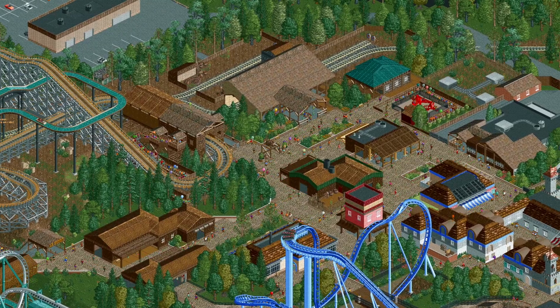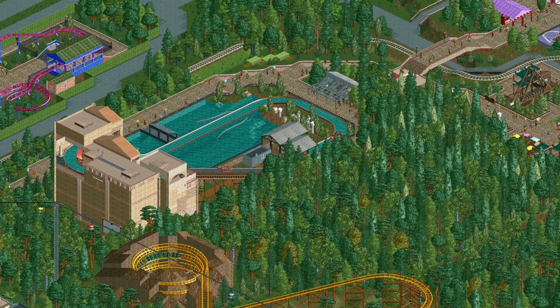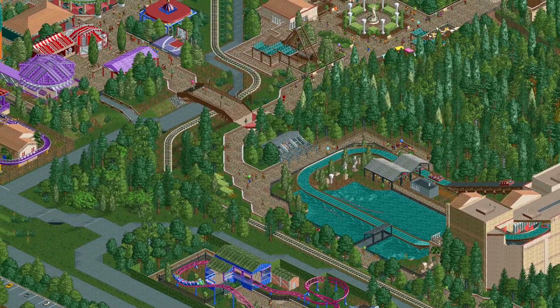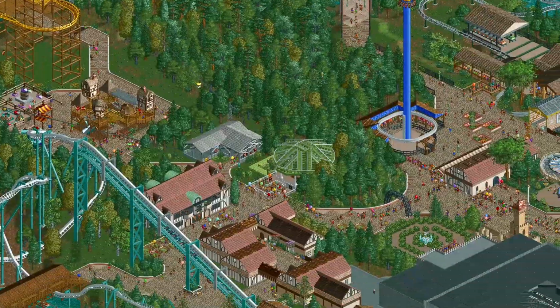So for the majority of 2024, I've been working on this build of Busch Gardens in Williamsburg, Virginia. It's a fantastic park. If you haven't been there yourself, I highly recommend it. I've been there a few times. I worked on this build for the park recreation contest that was held over at the DKMP Discord for the